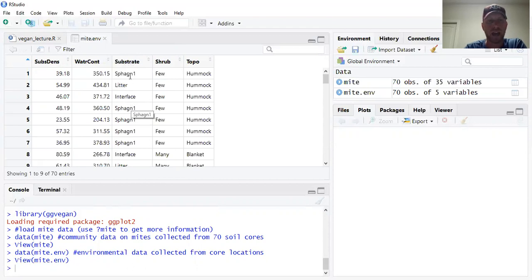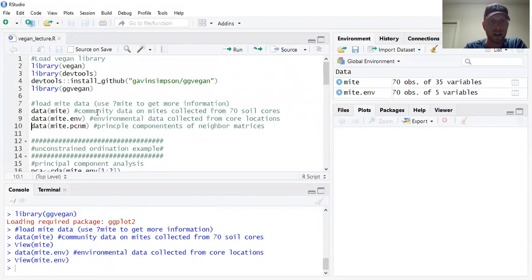This is the categorical type of substrate that those cores came from. This is shrubs, so where there are few, many, or no shrubs around. And then these are topographic features. Was it a blanket topographic feature, or was it a hammock? And of course, if you go down to the bottom here and just do ?mite and hit enter in